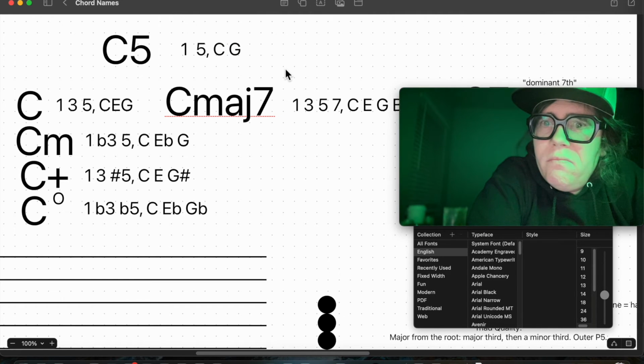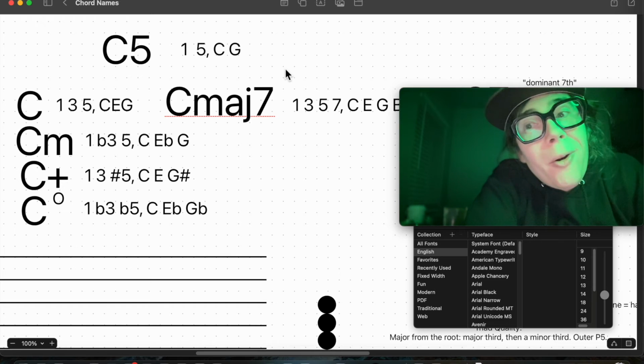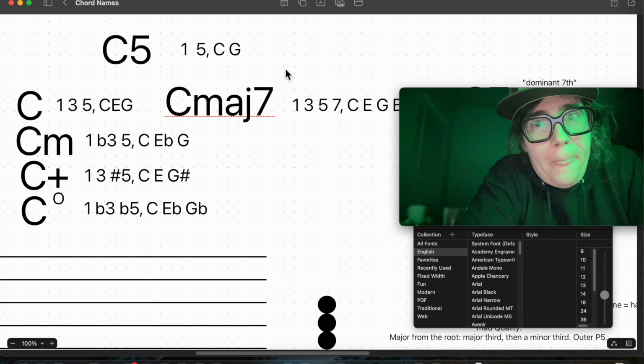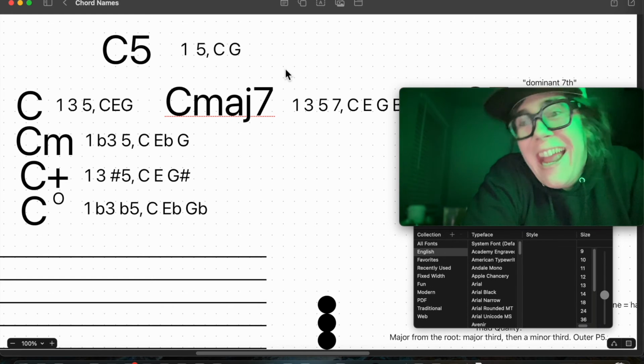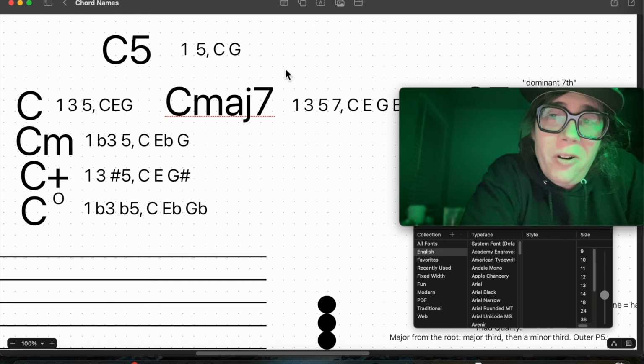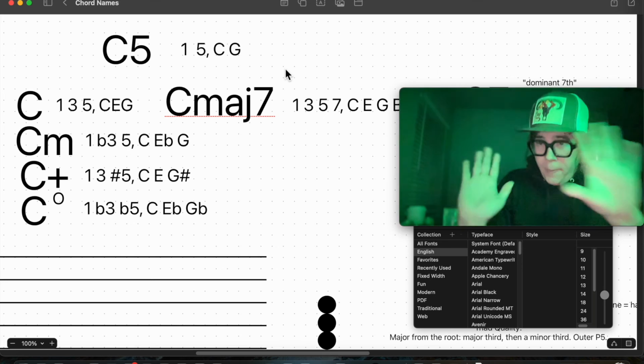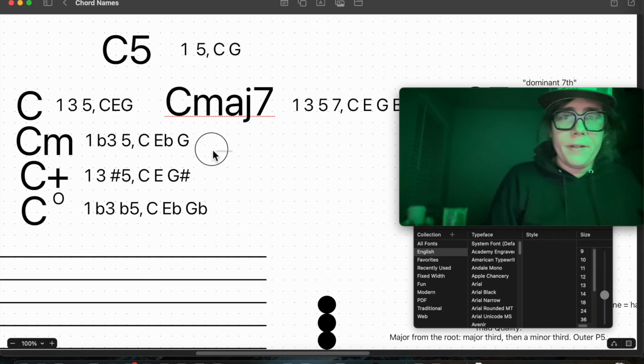C5. It's a power chord. Is it really a chord though? Or is it more a dyad? Because it has 2 parts. Well, okay, whatever. I'm splitting hairs. But that's one exception. So if I have C minor,